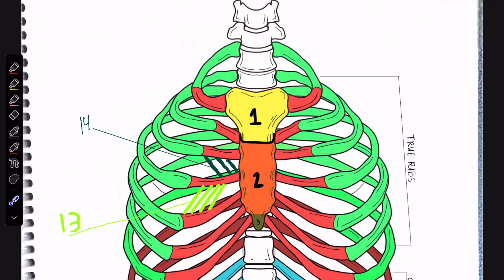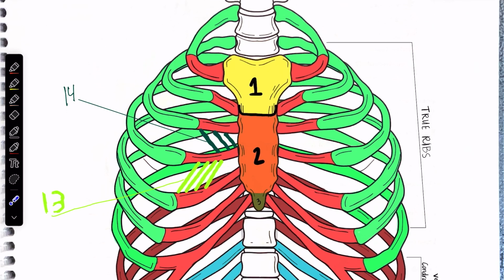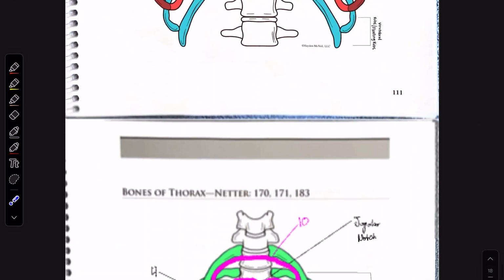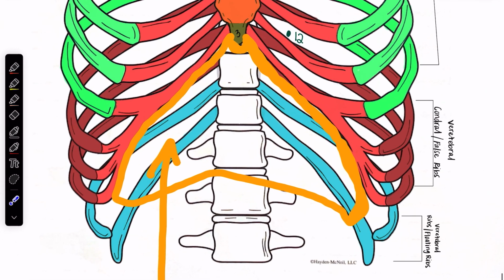Number 10, that's going to be your superior thoracic aperture. I'm going to scroll down to this other one. So number 10 being right here. So you have rib number 1 connecting into that sternum, and then you have the other rib on the other side. This space right here is what 10 is trying to point out as being that superior thoracic aperture, whereas number 11